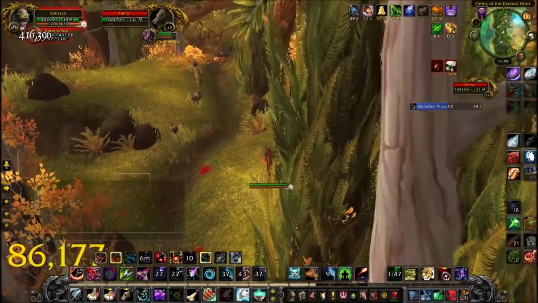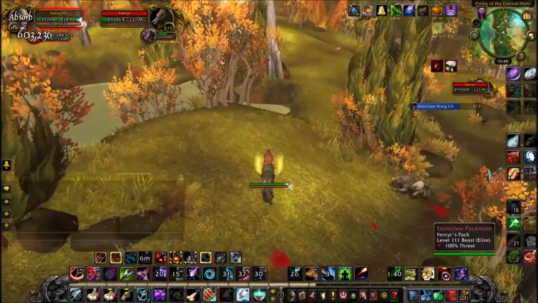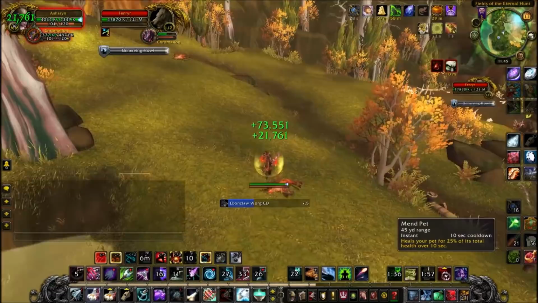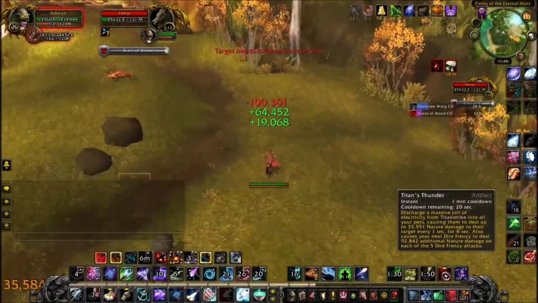Now, during the fight, he's going to cast a Howl. This is going to summon 3 wolves, which are going to follow you and attack you. It's very hard for your pet to gain aggro without stacking them all on top of each other. Other strats I found focus down the ads, or other strats stick very tightly together so that your pet can